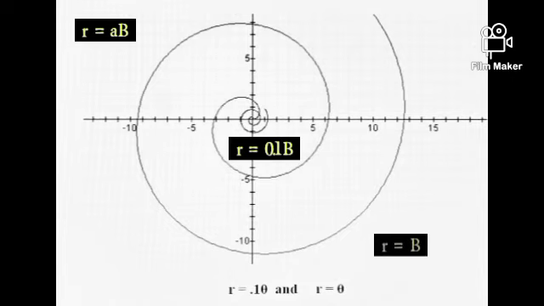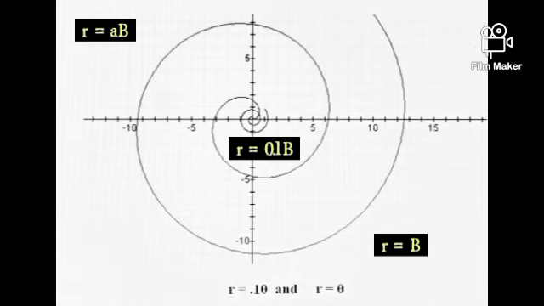The wider or larger Archimedean spiral has polar equation r equals b. And the value of a in the polar equation of the tighter spiral, 0.1, is smaller than the value of a, which is 1, in the polar equation of the wider or larger Archimedean